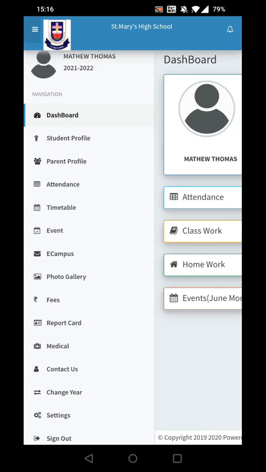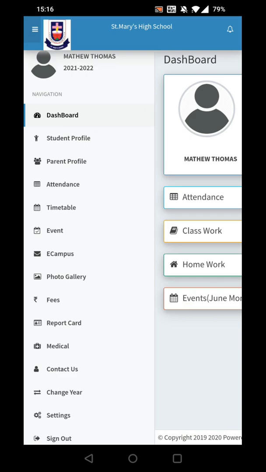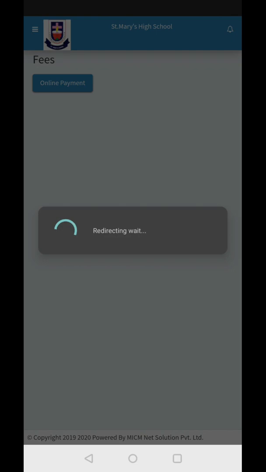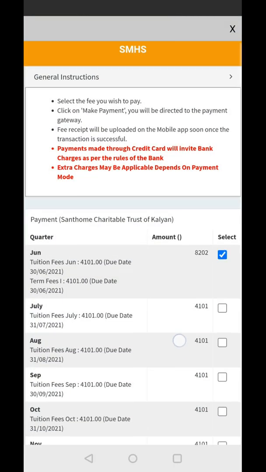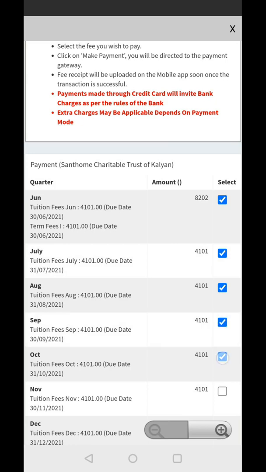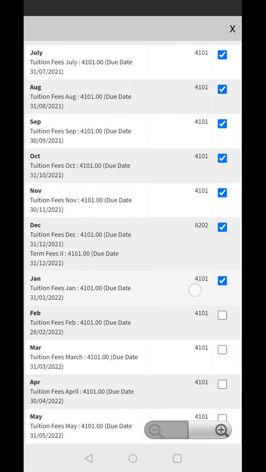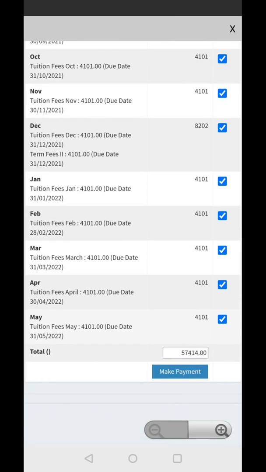You can also make the fees payment using the school app. To make fees payment, you need to click on fees. Click on fees payment. Select the number of months. Scroll down and click on make payment. This will take you to the payment gateway.